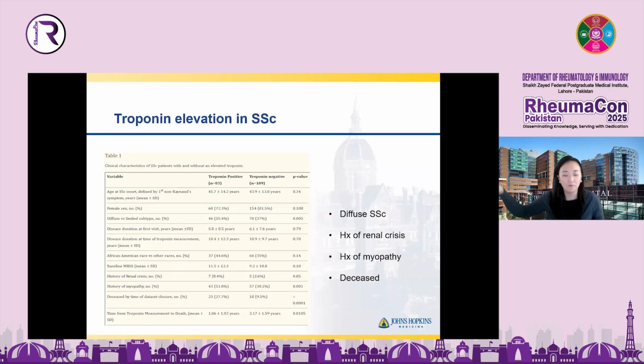But they didn't have high blood pressures. They didn't have atrial fibrillation. They didn't have heart failure. So we always wanted to understand what were the clinical characteristics of those patients who are troponin positive. So we did a study where we looked at patients who are troponin positive versus troponin negative. And you can see the key features I summarized here. They tended to have more diffuse scleroderma, history of muscle disease, and of course, if they had elevated troponin, they tended to be dead, and the history